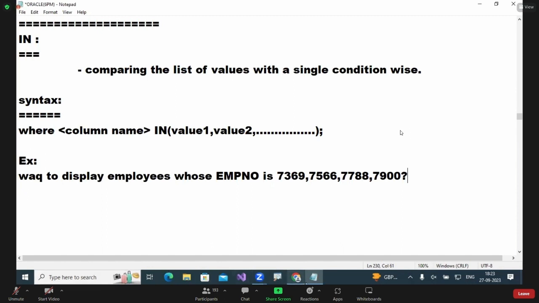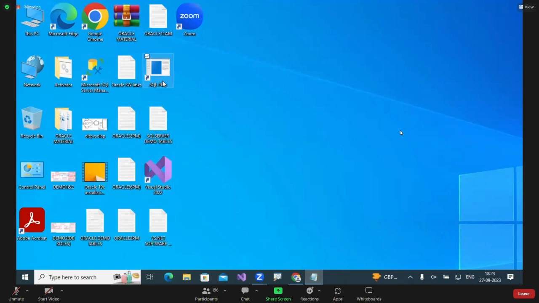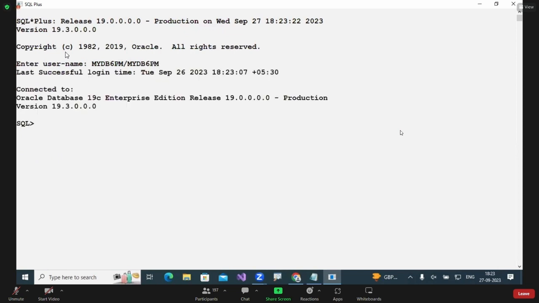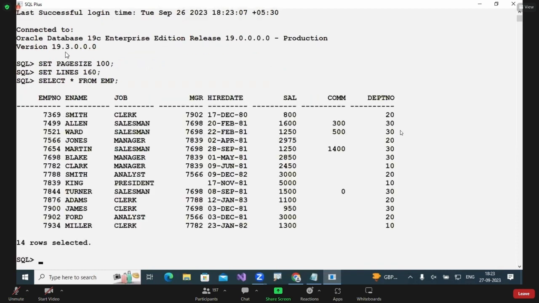Come to your database now. What is my ID here? MyDB 6 p.m. Right. And set my page size. What is page size and what are lines? I will explain to you. Fine. And see your table first of all. Here, in the employee number column, there are many different employees. Every employee has their own number. So now, out of 14 employees, I want